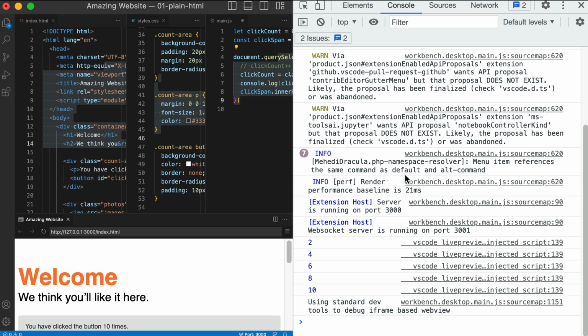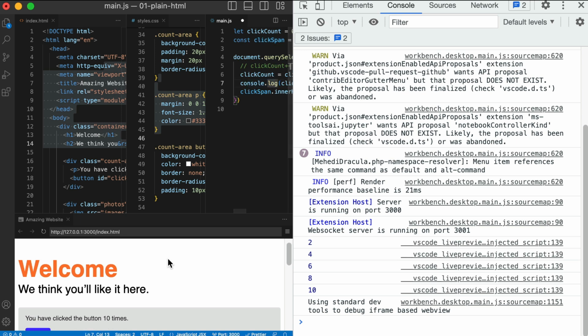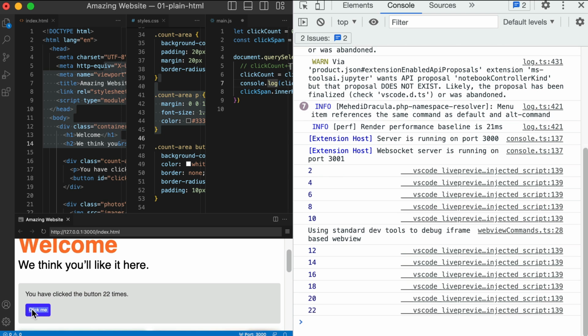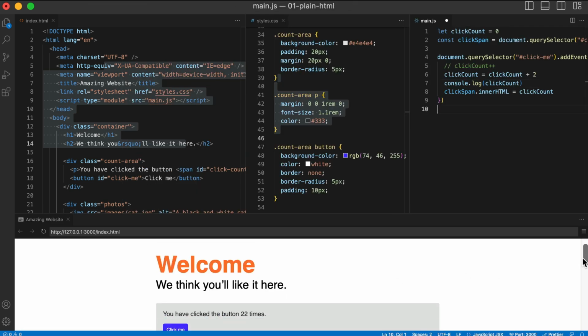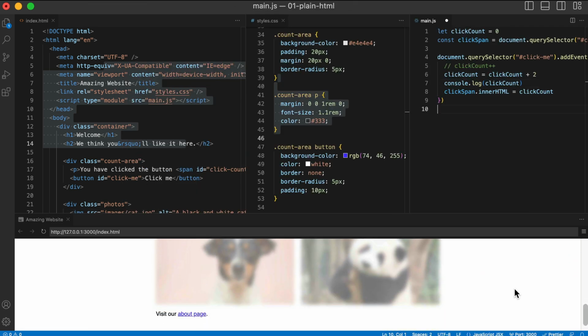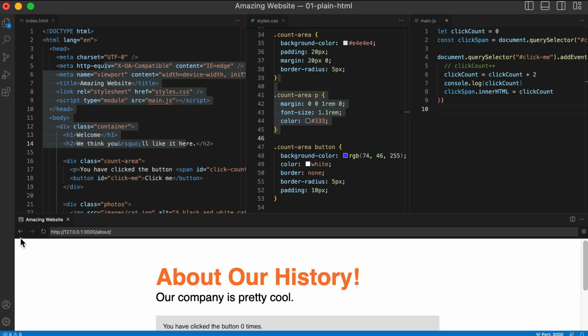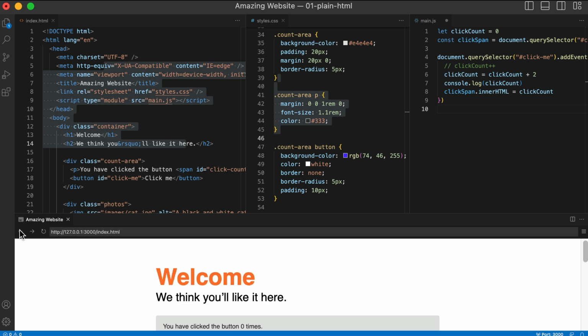Beautiful, and this is just your typical Chrome DevTools. So you can see I have my console open. In my JavaScript, it's hard to fit all this on the screen at once, but I'm console logging the number. So each time I click this button, you see 12, 14, 16, 18. You get the idea. Let me close that. I also want to point out that the live preview extension has navigation history. So like I can visit separate pages, right? Visit our About page. And then I can use the back button in the preview browser to go back and